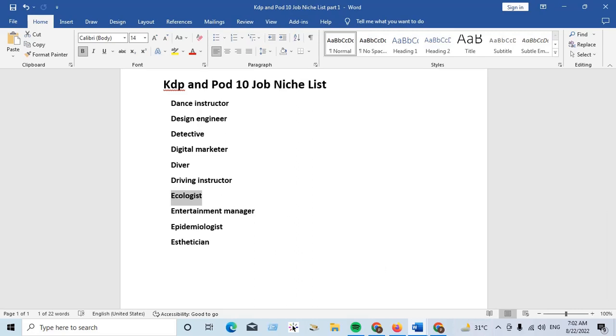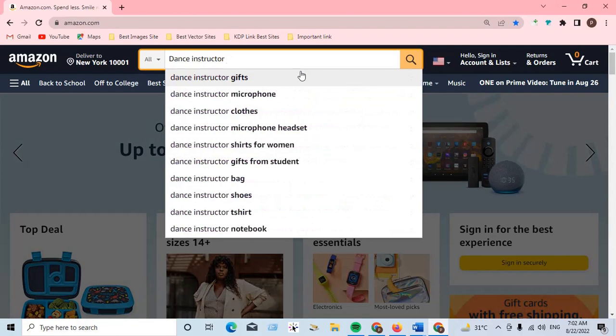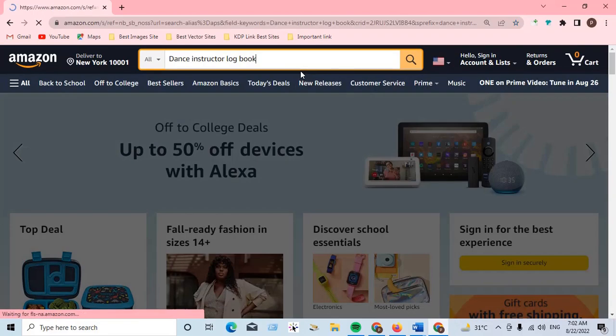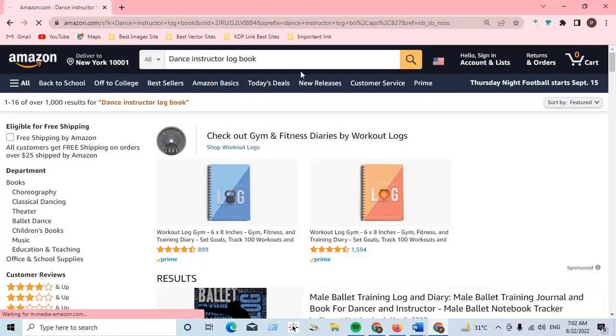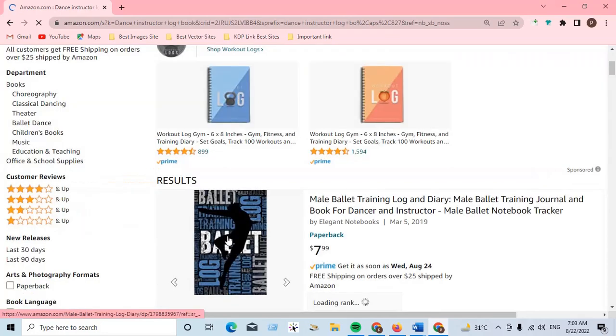Now we search the Amazon KDP marketplace for dance instructor, like logbook, planner, notebook, journal, etc. Here we can see 1000 search results for dance instructor logbook.